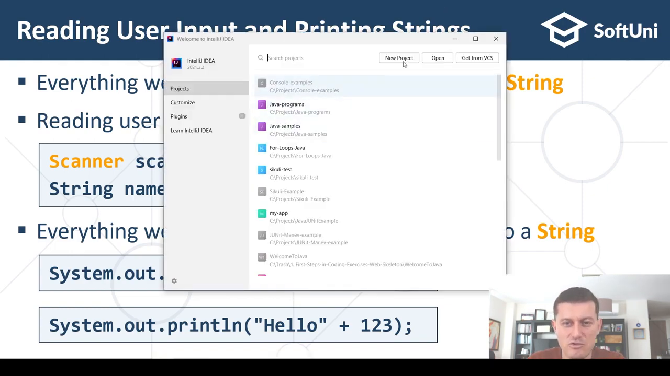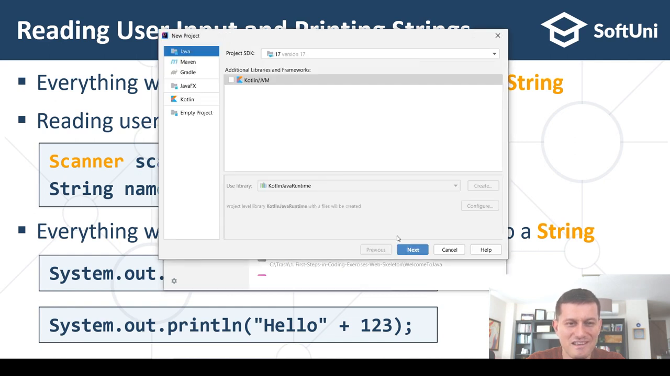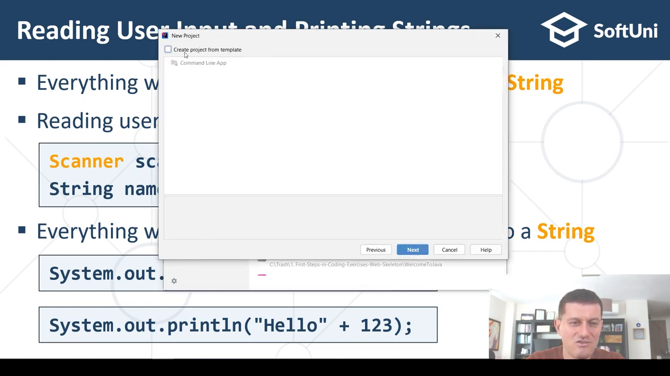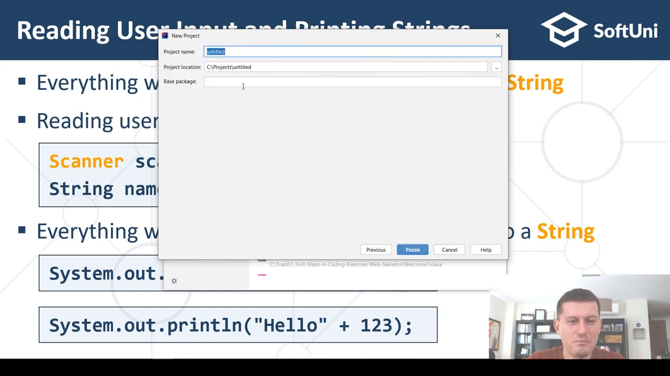I click new project. With Java, I use Java 17, command line project, and I need to give it a name. Always give meaningful names to your projects. Your project's name should answer the question, what's inside? So what's inside here? We'll have Java